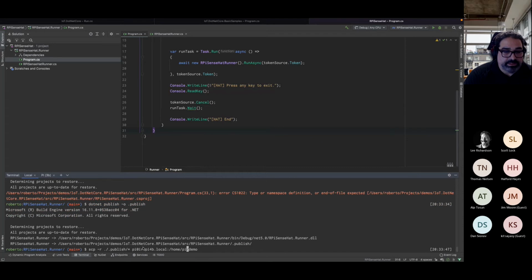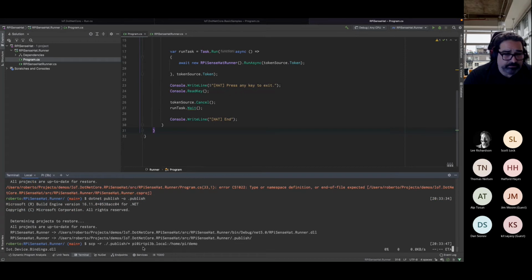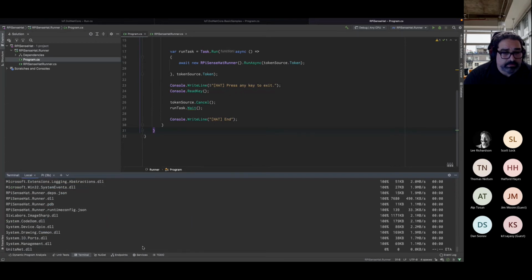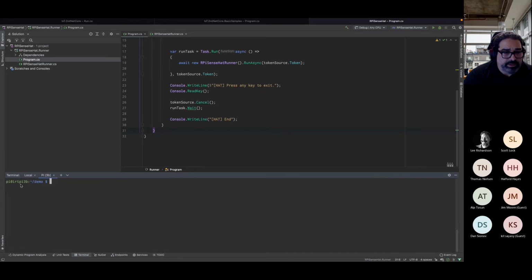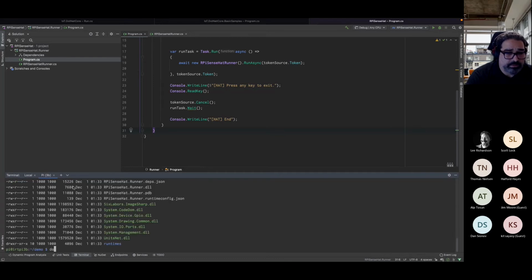And let's SCP this, but we're going to SCP instead to the Raspberry Pi 4 that I had connected, this is a 3B. Already there, I already SSH'd into that machine. So here I should have all that I need to run, and